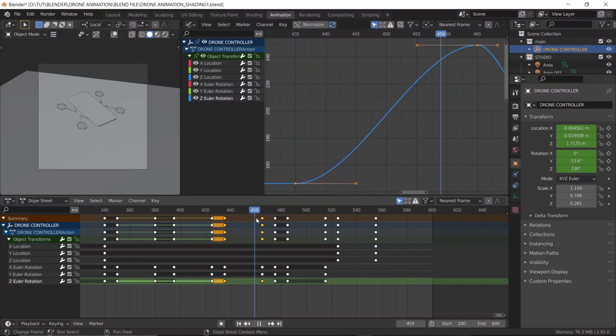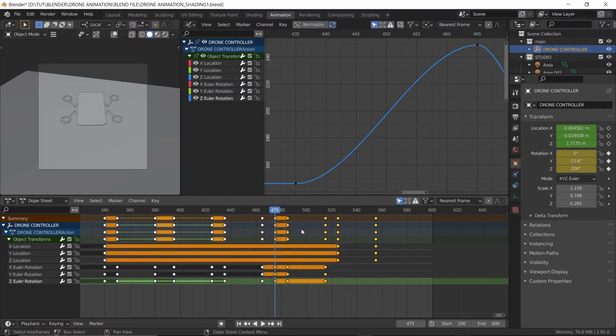Then, whoa, okay, wait, over here, what's happening? Okay, so I think what we need to do is, okay, so here's what's going on over here. I forgot to add an extra keyframe, a hold keyframe. So just as soon as it's done reaching over here, it's directly gonna turn over here, and that's not what I want. So what I'm gonna do is select all these keyframes and hit G and